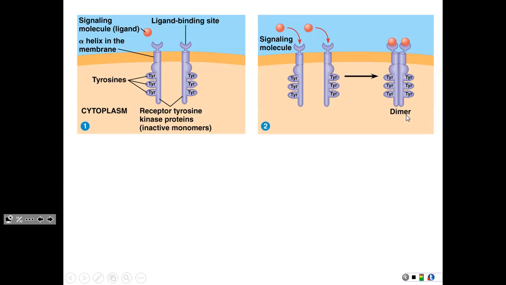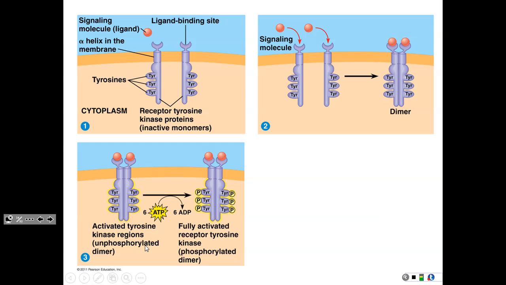When the tyrosine kinase is in this dimeric form, when two of them are together like that, they can kinase each other. They can phosphorylate each other. So one puts phosphate groups on the other: I'll scratch your back, I'll phosphorylate you, you phosphorylate me. Everybody gets happy here, because what ends up happening is